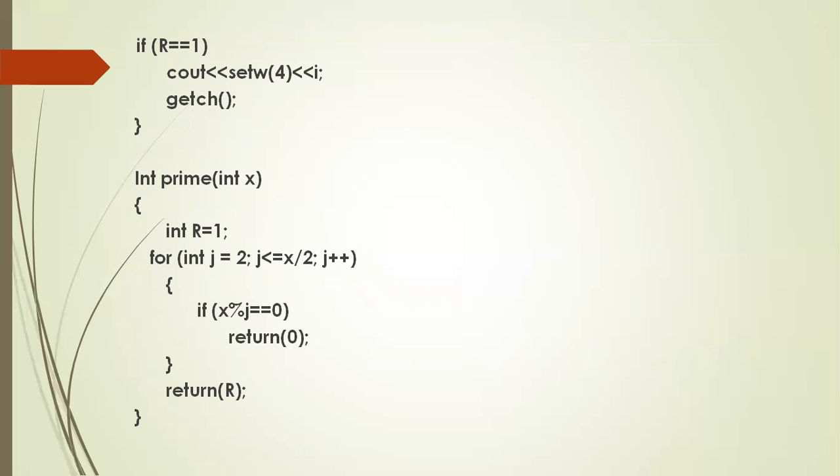So first time you divide x by the value of j. J is 2. 10 percentage 2 equal to 0. It automatically returns 0. So R value now becomes 0. In that case, since R value is 0, it will not display the value of I. Next time, I becomes